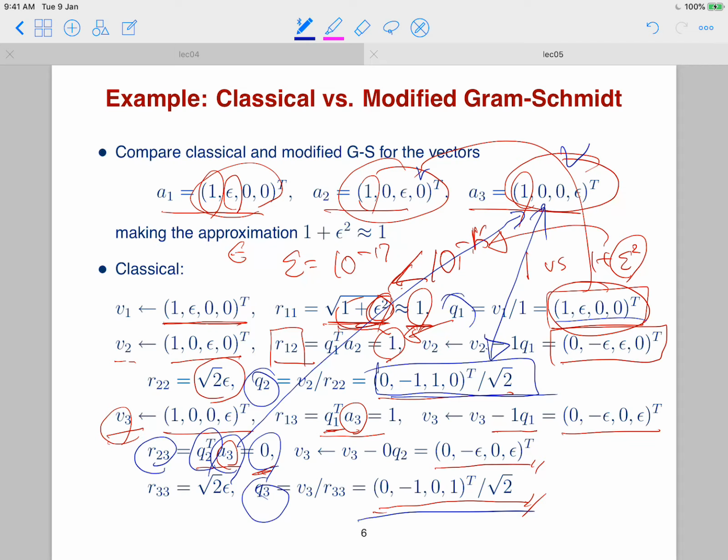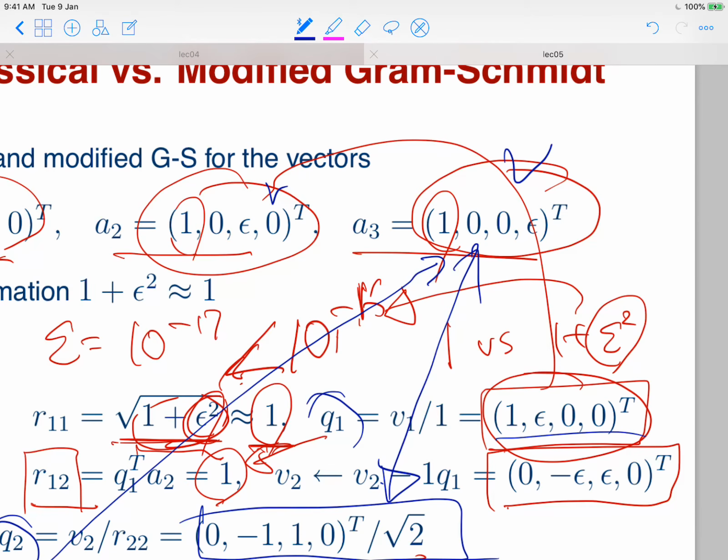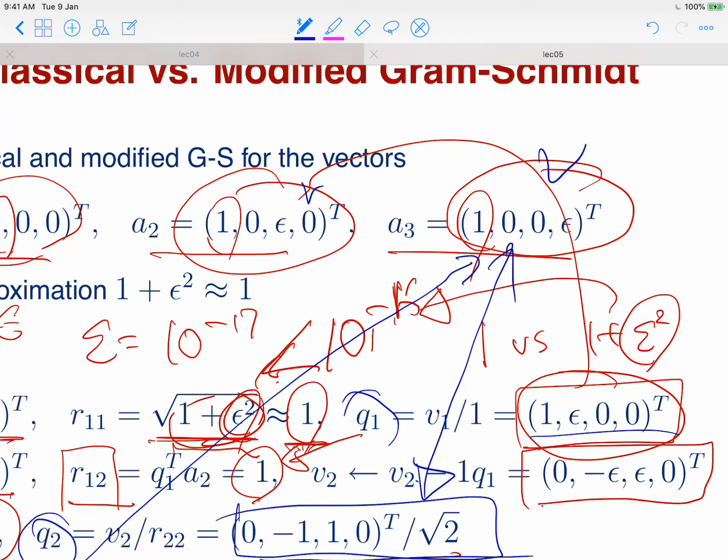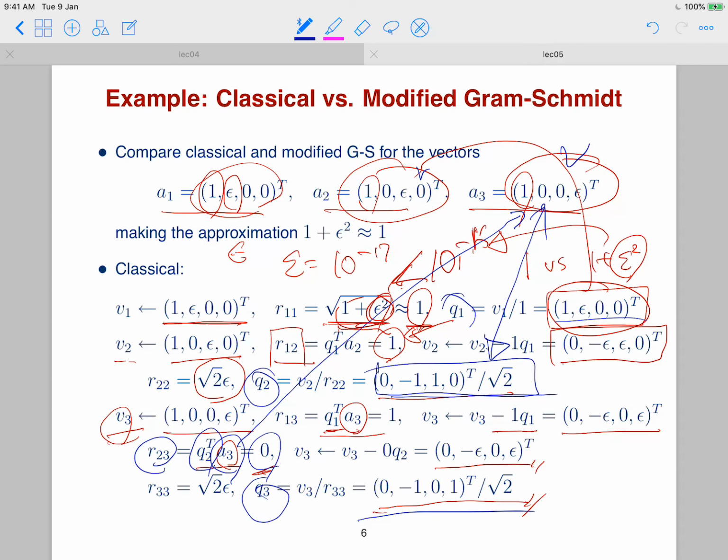R2, 3 becomes different, right? Yeah, I tried to figure out why it became different. So, okay, A3 has a 1, 0, 0, and epsilon, and our Q2 has the non-zero component in the second and the third dimension,